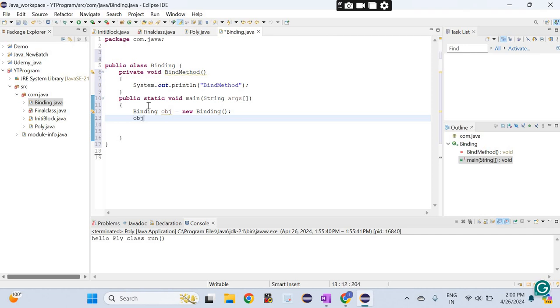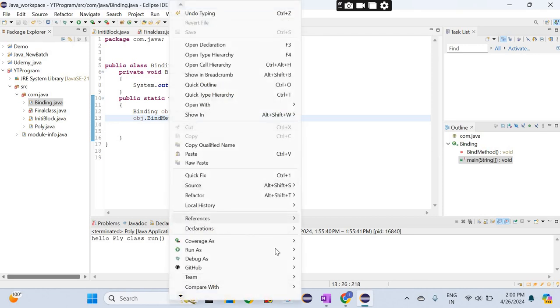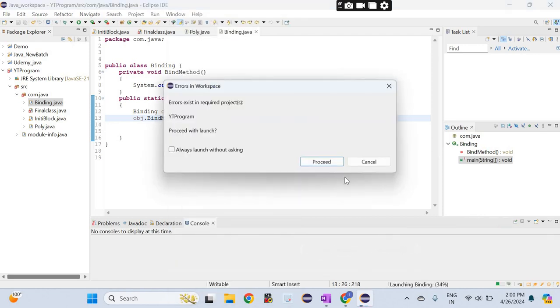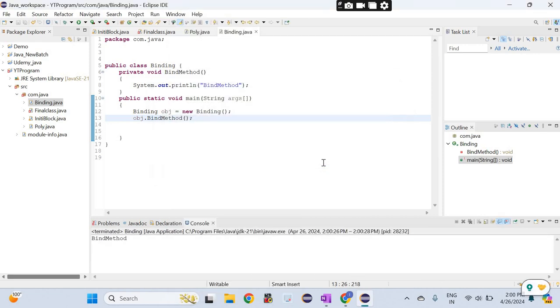Simply you use object dot your method, bind method, and then run this example. This is called static binding. Normally you are using it and the output will be bind method. This is called static binding or compile time binding.